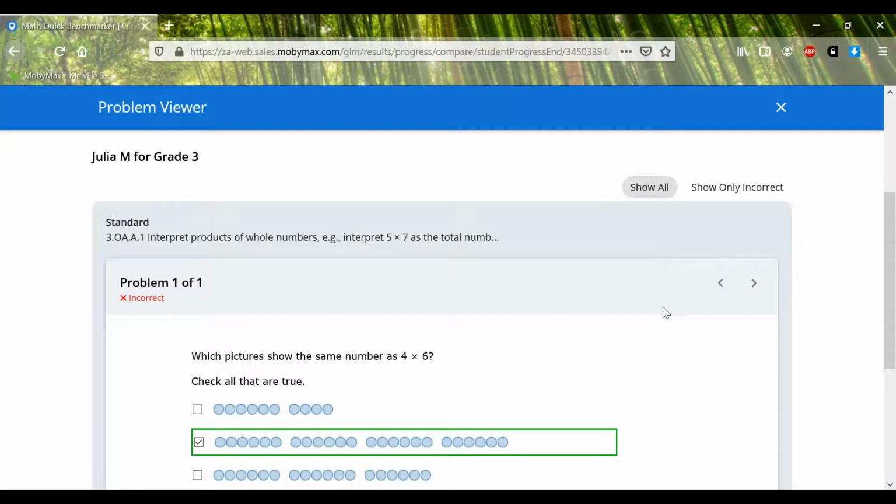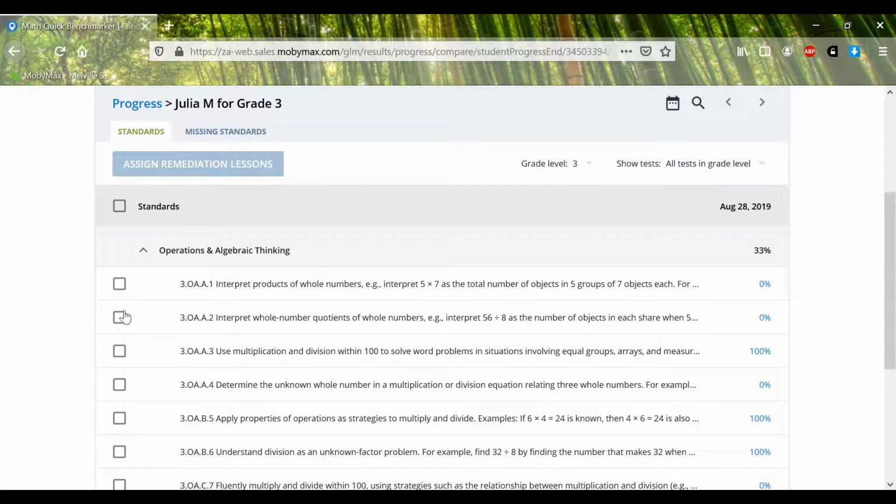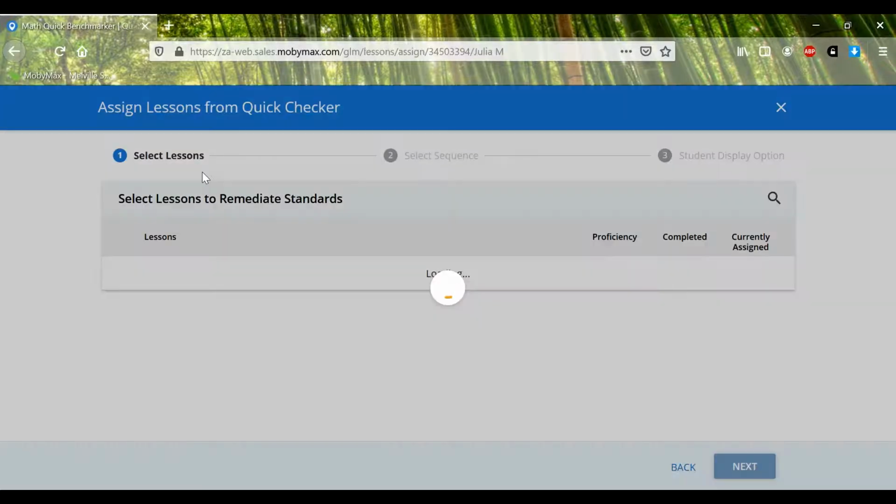Again, click here, you'll see exactly where the student went wrong. If you would like, here's a cool thing. You can look at these 0 percentages and click the little button right here and hit assign remediation lessons. So this is the cool thing about this benchmark test: not only do you get to see these missing skills for the students, but you can click any skill that they're not showing proficiency in and remediate with practice